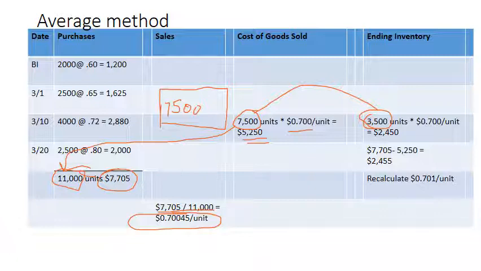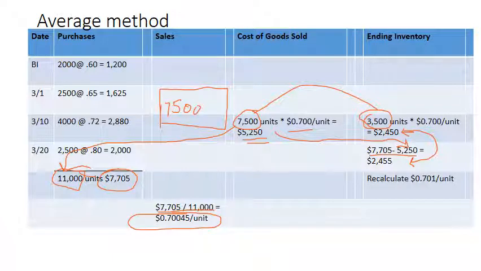Now, I said before that I really do not recommend just taking the total amount and subtracting the cost of goods sold, because if your cost of goods sold is wrong, your ending inventory will be wrong. In the case of average method, it's okay to do that because there could be a rounding error. So when I do the calculation, I get 2,450, and when I do this subtraction, I get 2,455. Either of these I would mark as correct, and the reason it's different is because you can see it's